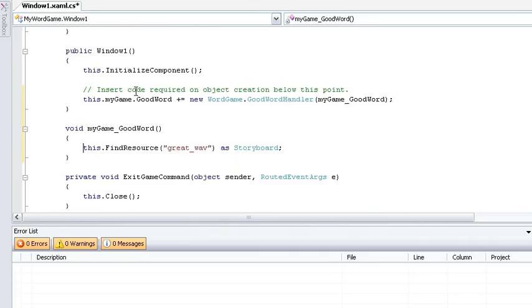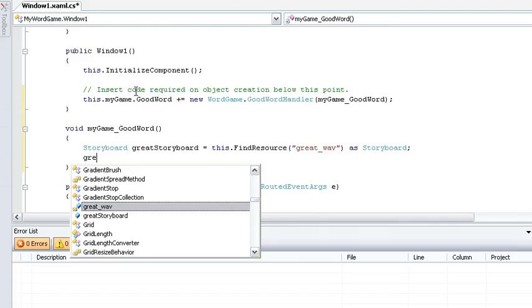So I'm going to go to the beginning of my line, and I'm going to declare a new variable of type storyboard, great storyboard equals. Now I could again name this whatever I wanted. I could just call it great or anything like that, but I'm using a meaningful name so I can use it later. So now when this line is executed, the great storyboard variable will have my storyboard in it. So on my next line, I can call great storyboard